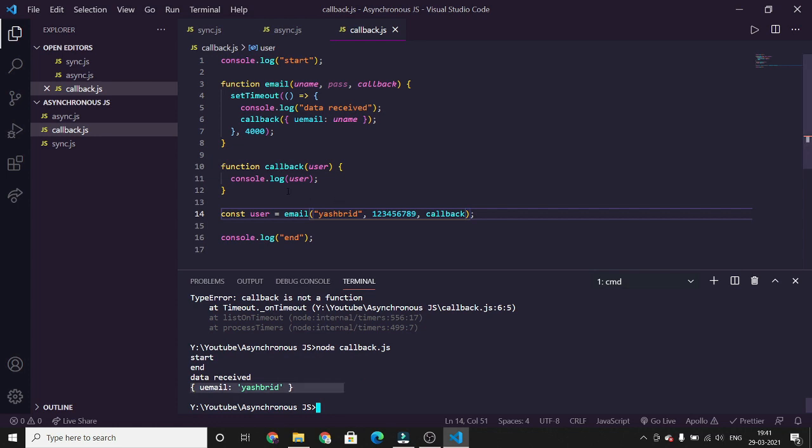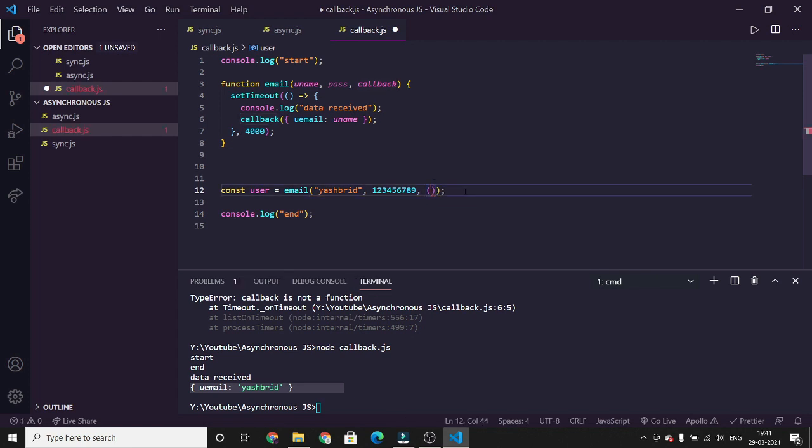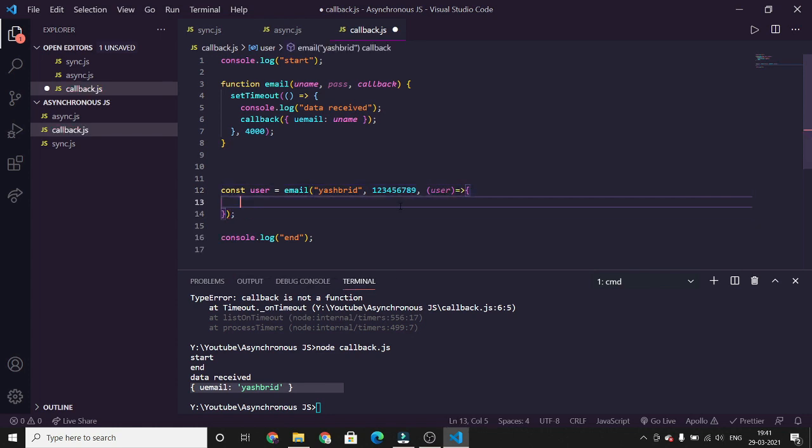I'll tell you another way of doing it. Just cut this function. You can define your function inside this. I'll pass user as an argument with the help of an arrow function: console log user. So we have defined an arrow function here with the argument user and just called it here.